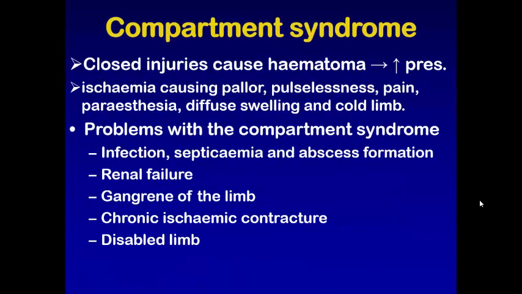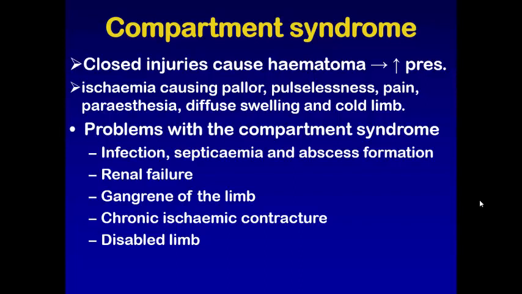Another important issue in disaster surgery is compartment syndrome. Compartment syndrome is common in the calf and forearm. When there are closed injuries, they cause hematoma, leading to increased pressure in that compartment. It is often associated with fracture of the underlying bone. This increase in pressure compresses the